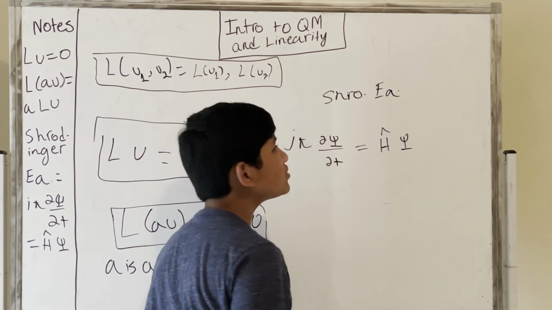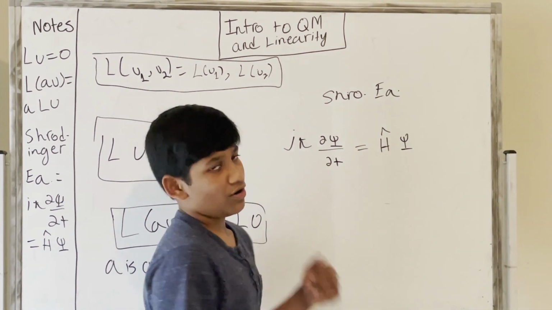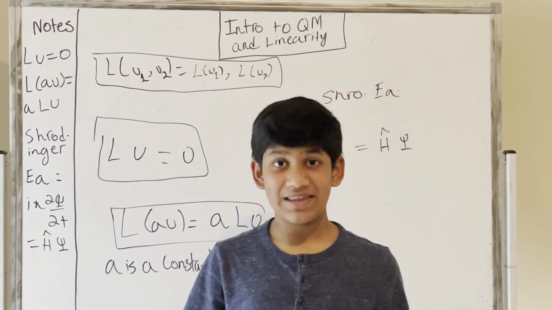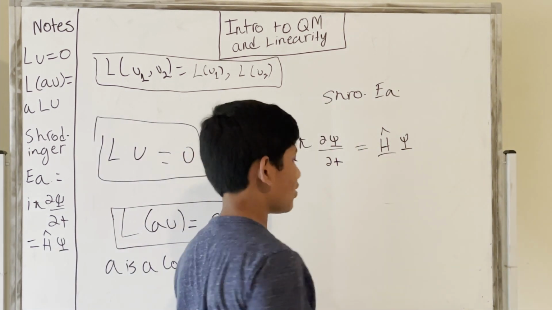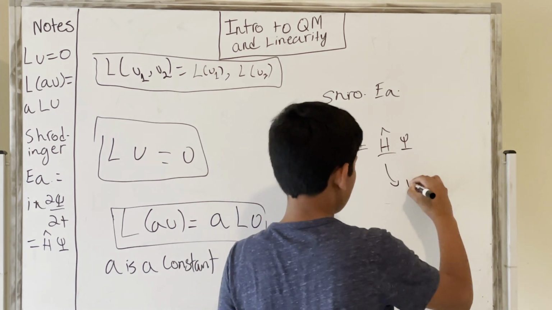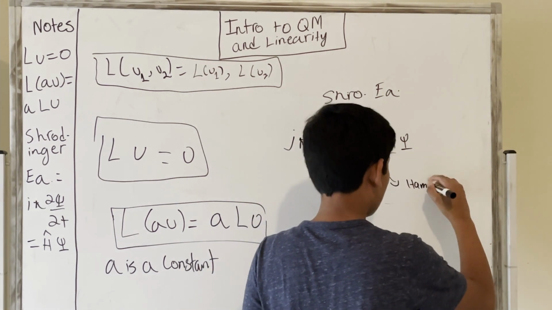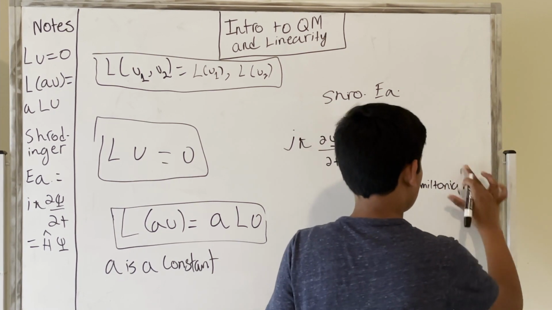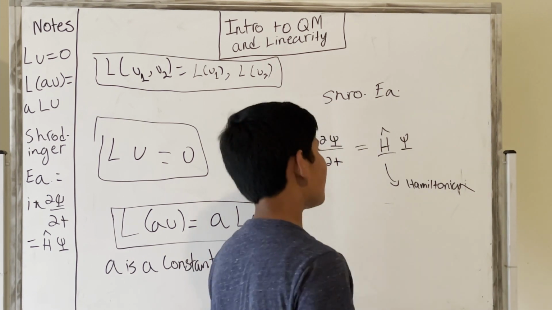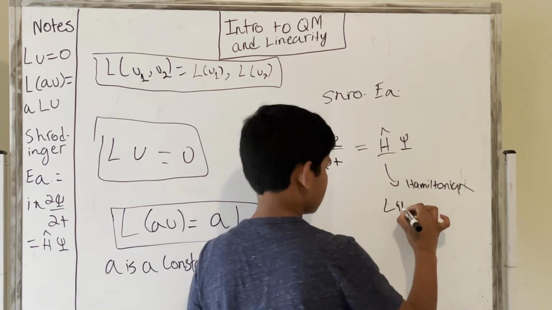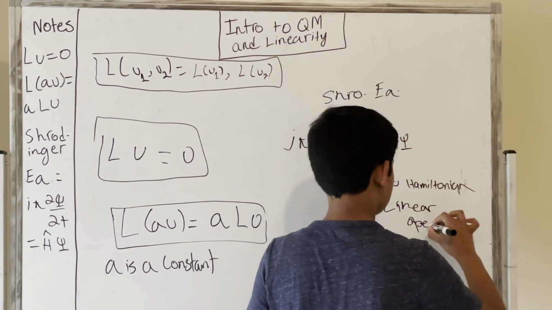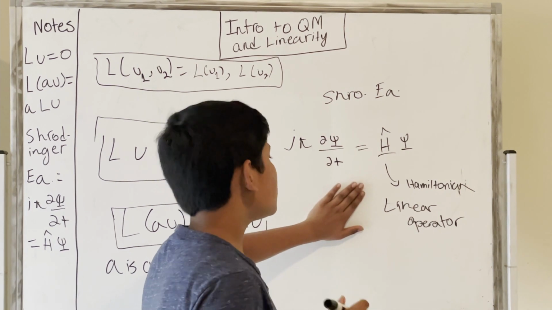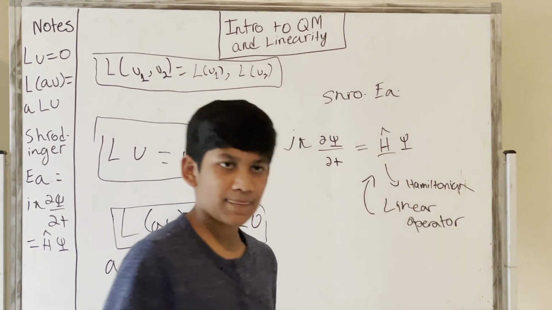So the Schrodinger equation is written a lot, and it's written in a lot of ways, but this is the one way I picked it. So, what is so special about this Schrodinger equation of linearity? Well, let's look at this Hamiltonian. This is called the Hamiltonian, which we'll discuss in another video. And this Hamiltonian is very special because this is a linear operator. This is a linear operator, and if we know that this is a linear operator, that makes our life much easier.